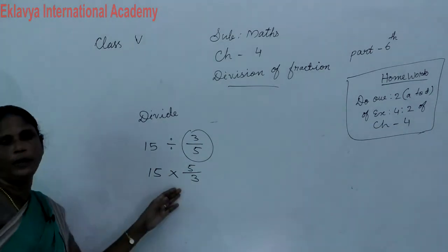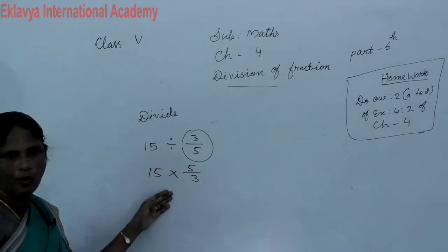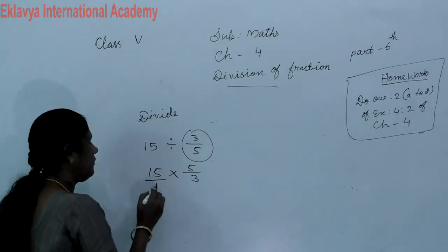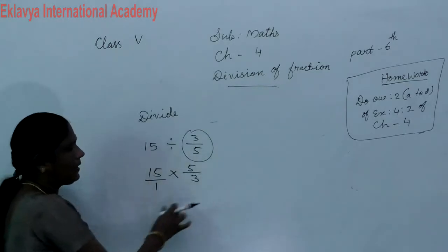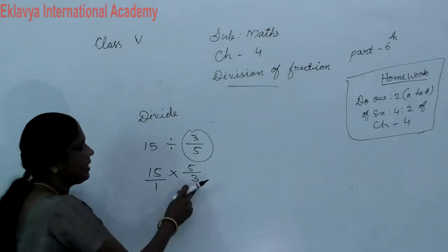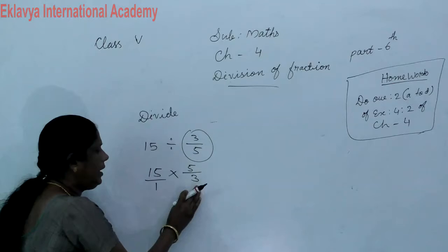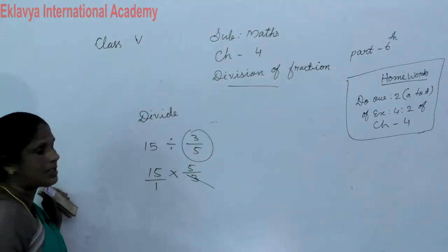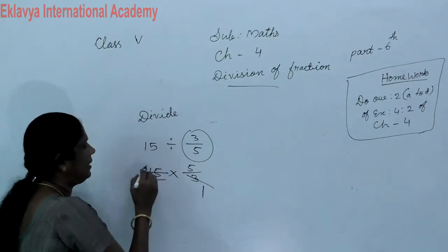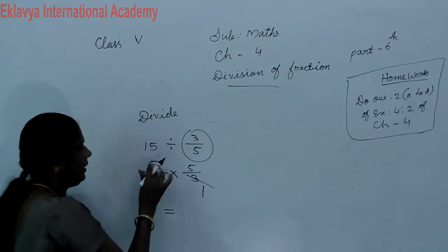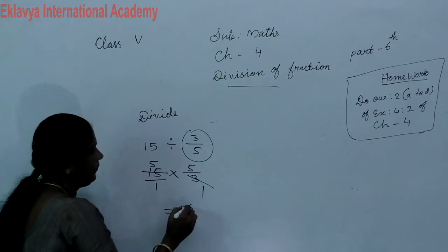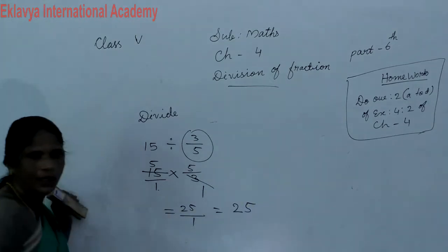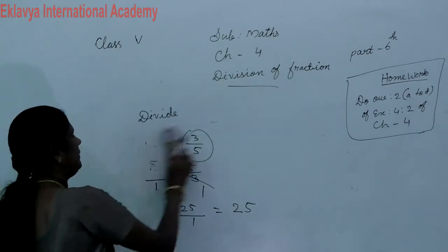Now which rule do you follow? Multiplication rule. Now these numbers are in multiplication. Okay. Then you put 1 here. Then is there any common factor here? Yes, 3 is the common factor of 3 and 15. The table of 3: how many times does 3 go in 3? 1 time, and here 5. Now you multiply: 5 times 5 is 25, and 1 times 1 is 1, so the answer is 25. Understand? Then next question.